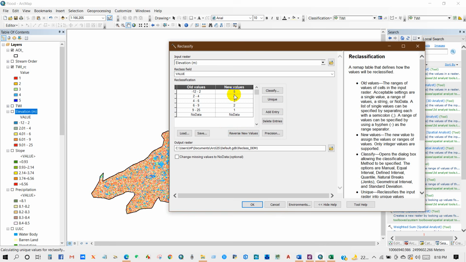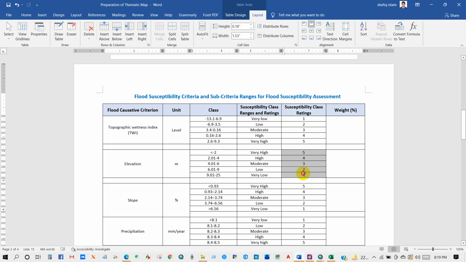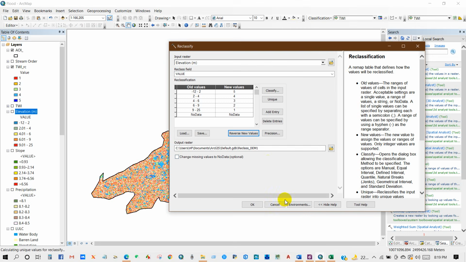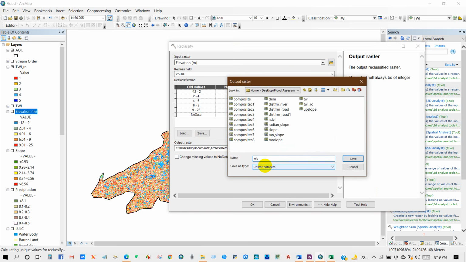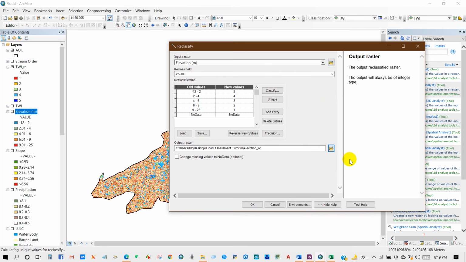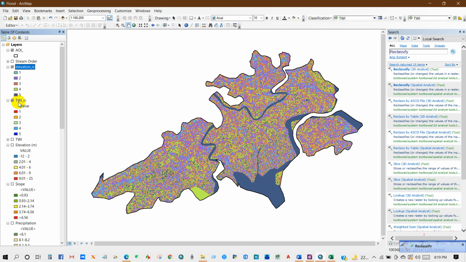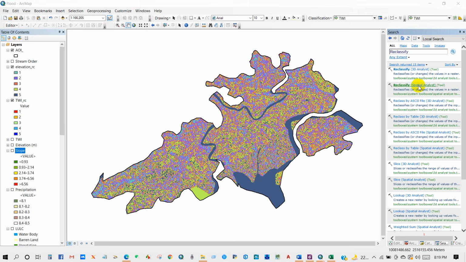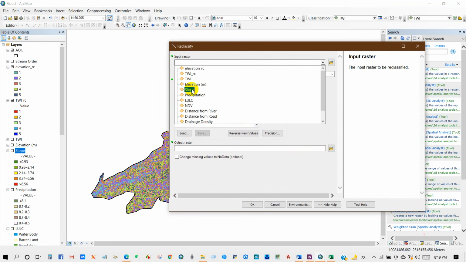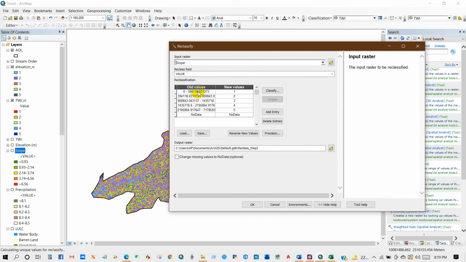Very low elevation value means higher flat susceptibility. Then output raster, I'm going to give it the name elevation reclassified RC, then save and then click OK. Elevation raster has been reclassified,